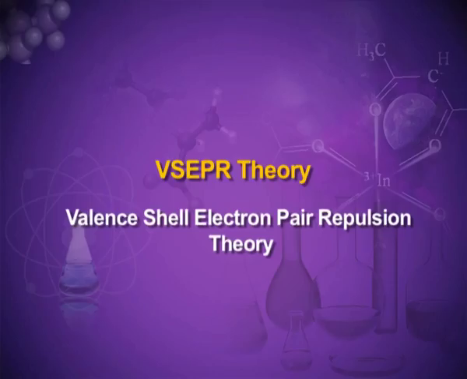These molecules also have some shape. Sidgwick and Powell suggested the valence shell electron pair repulsion theory to explain the shape of different molecules. This is also known, in short, as VSEPR theory. Today we will study the valence shell electron pair repulsion theory. First of all, let us study the assumptions.